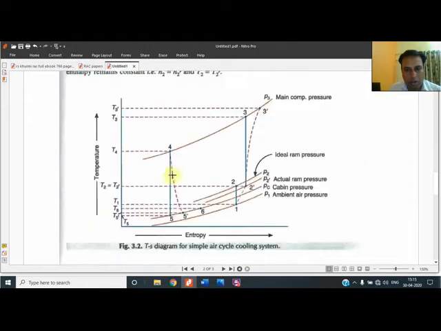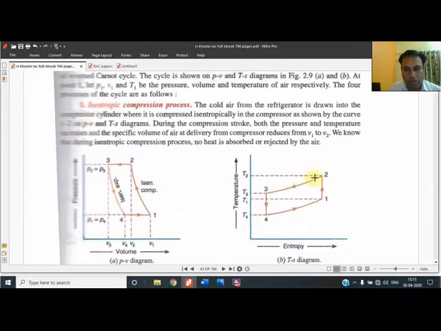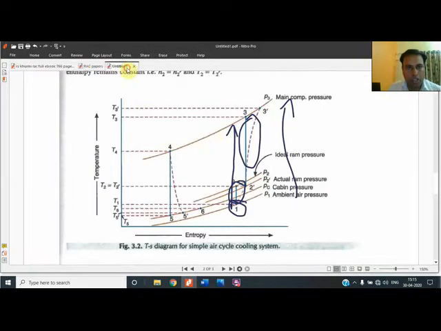So a long compression is shown to you, starting from the atmospheric air. The air is compressed to this much high pressure. A vertical line is to be drawn. Although the compression is in 2 stages, 1 to 2 and 2 to 3, that is not a problem. Then we have to cool on a constant pressure curve, and the same thing is being done over here.